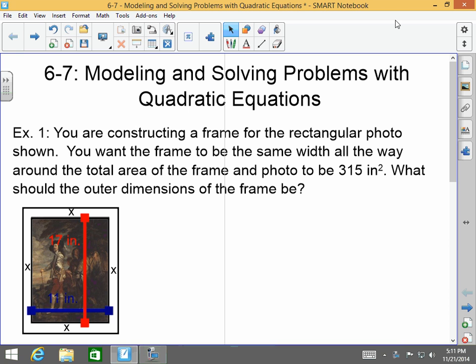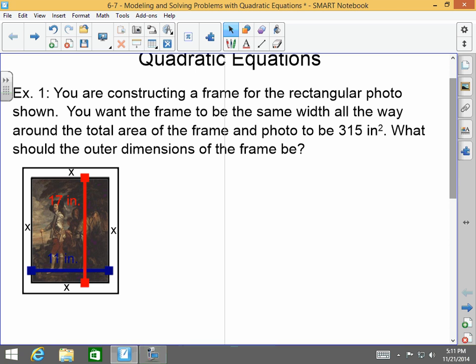Today we're going to be talking about modeling and solving problems with quadratic equations. It's actually very cool stuff, very fun stuff, and I hope we're going to learn a lot here. All right, let's just start by getting to it and solving some problems, because all of the skills that we need, we've already learned. We know how to factor, we know how to solve quadratic equations by factoring, so now let's see how they